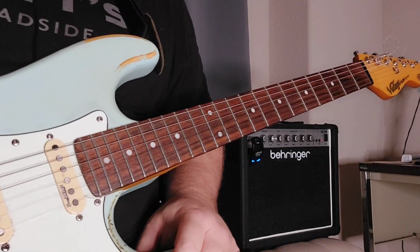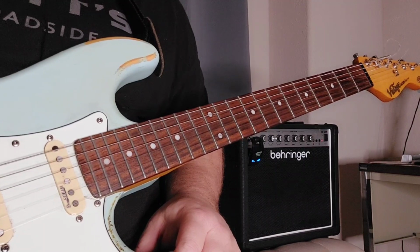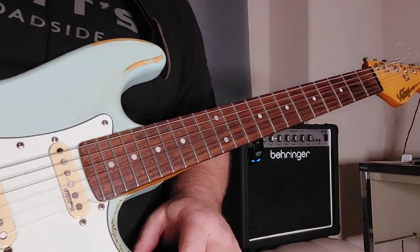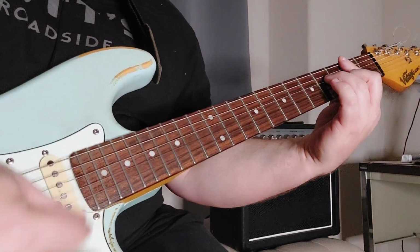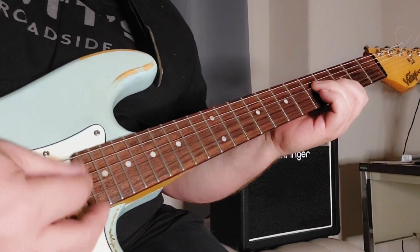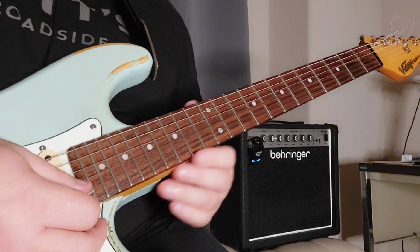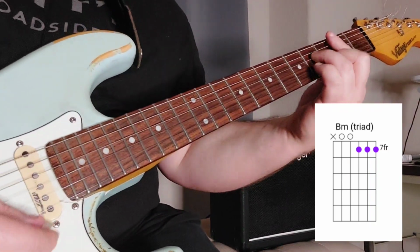Alright, so I'm going to break this song down. Today we're going to be using triads in this song. So when you hear me say the chords are B minor, G, and A, I guess you could technically play it up here. But that isn't where it is. It's down here. So a B minor triad would be,